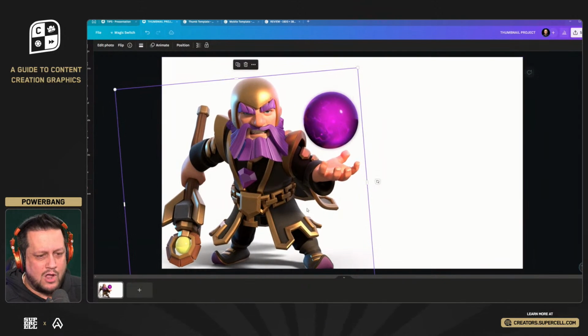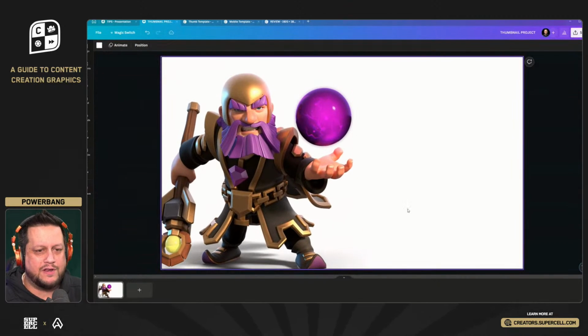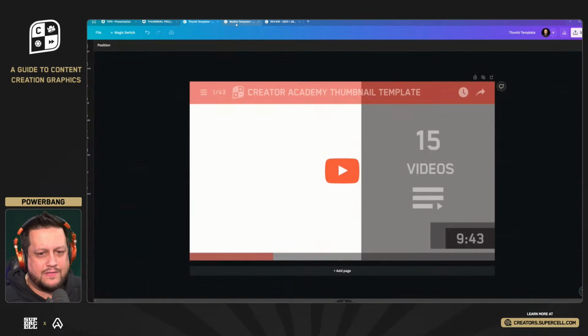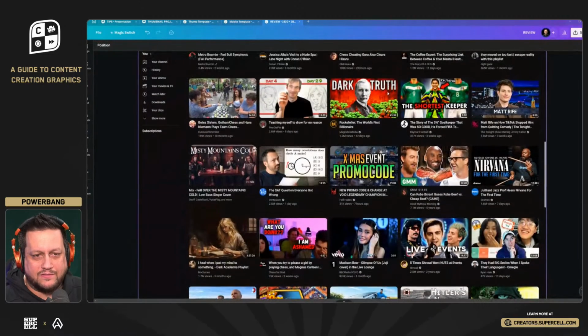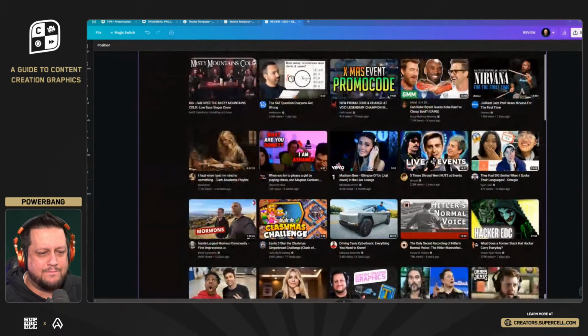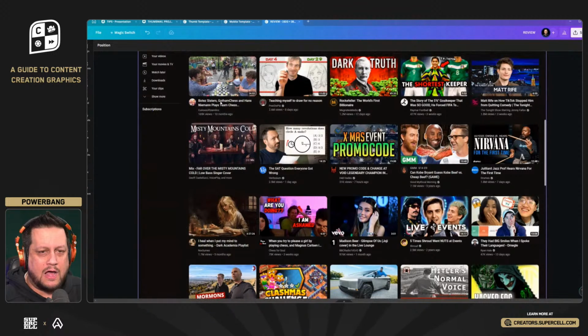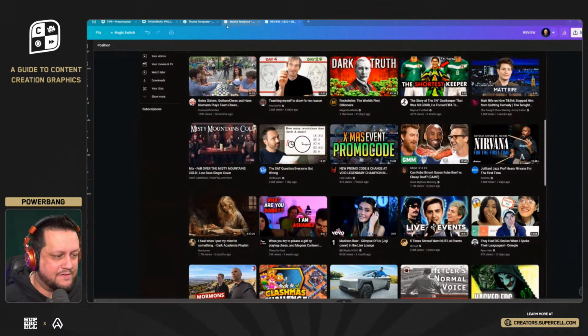So I'm going to put him in the corner and make him a point of focus. And I would love to have some sort of bright background, similar to the thing that I just was showing you guys right here, like this Dark Truth, how it's like bright red in the background. I would love to do that. The background of Clash of Clans is certainly very, very iconic and recognizable, but it does blend a little bit more than a plain background. So I definitely want to check that out. So let's go here,